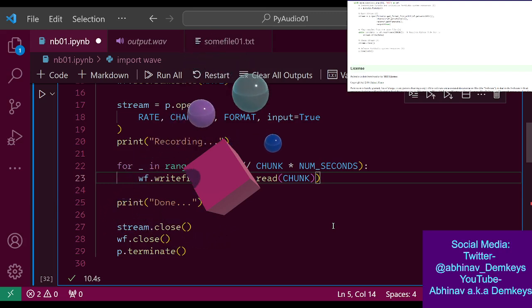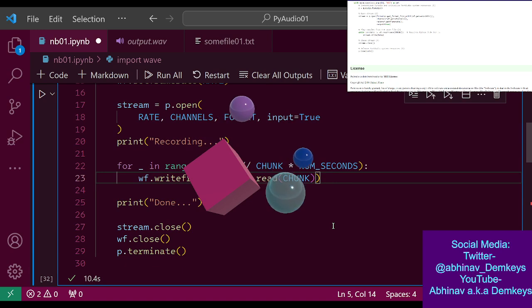Stream.read is a blocking operation. It's going to block and read from the current input device. That bit is fine. It's going to read how many frames I tell it to read, block until it's read all those frames, and then return that.